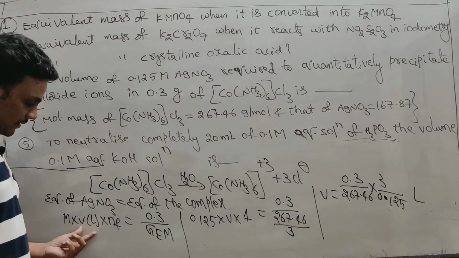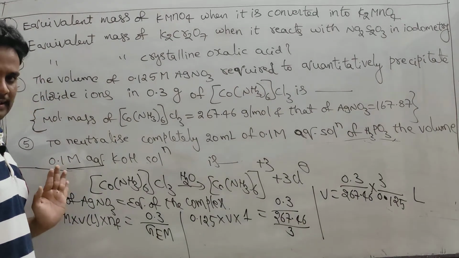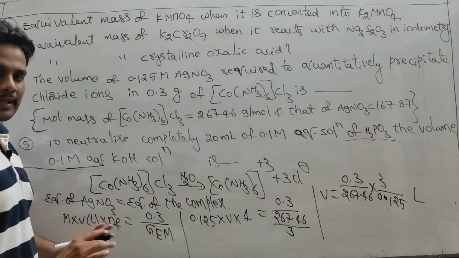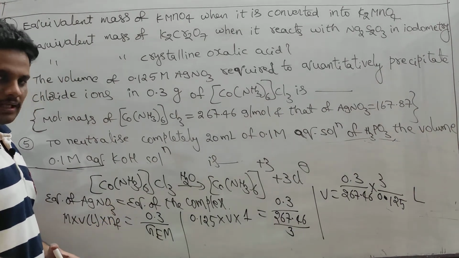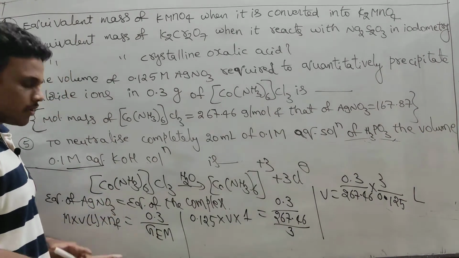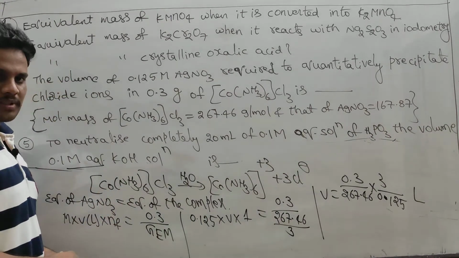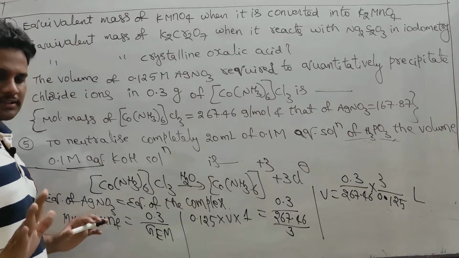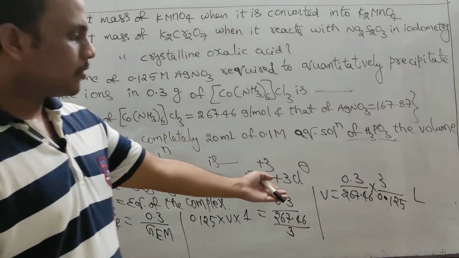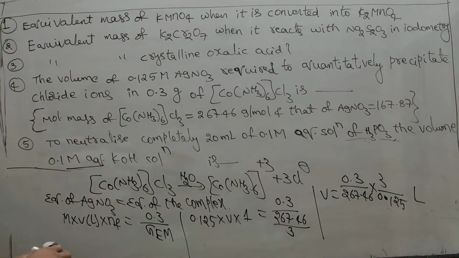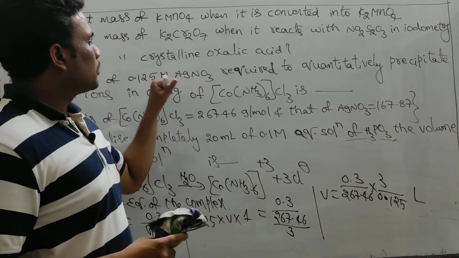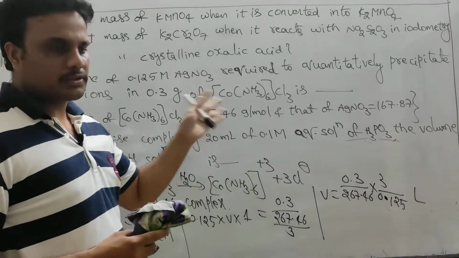When volume is in liters, then it should be number of equivalents. And one side milli equivalent and one side equivalent, don't do such kind of blunders. Okay, so both sides you take milli equivalent or both sides you take equivalent. But one side milli equivalent and one side equivalent, that will be totally incorrect. So from this you can calculate volume in liters. So this is a very simple calculation. These two react together, the number of equivalents of this is equal to equivalents of this.